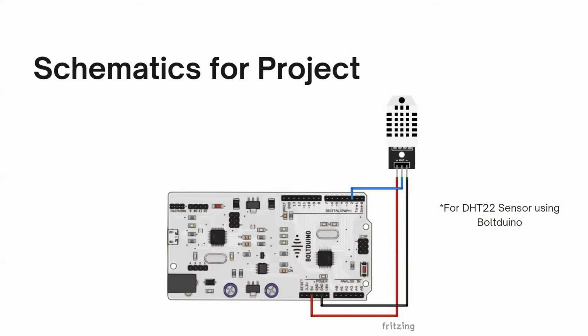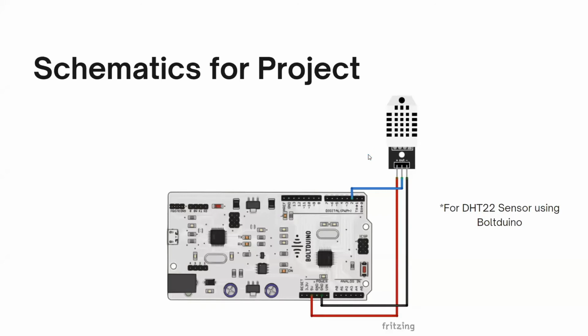So let me quickly do the connections of the DHT sensor. I hope you are able to see it. This is how DHT sensors look. You can see that it is a very tiny sensor, not very big. I will make the connection according to this schematic. Even if you have DHT11, the schematic and connections are the same, and on the sensors you will also find it already written which pin to connect where, whether it is the positive pin or the negative pin.